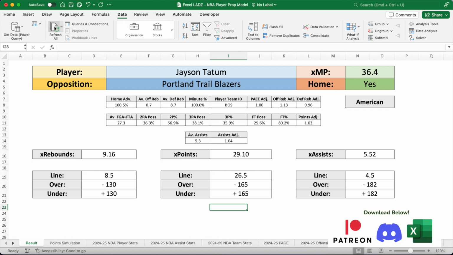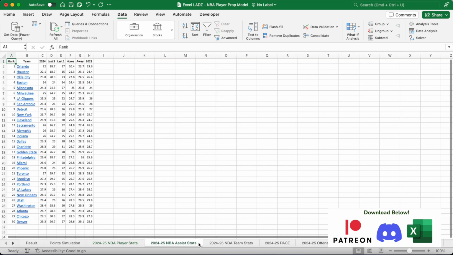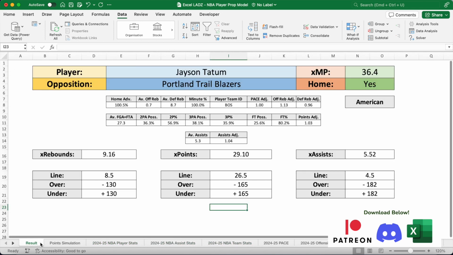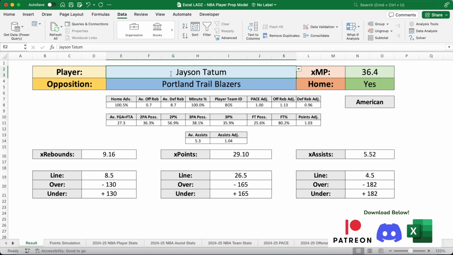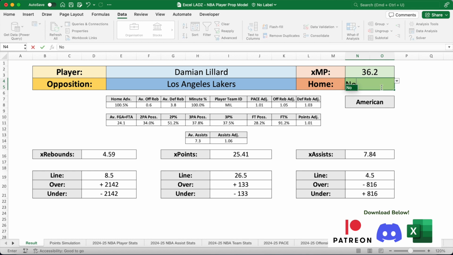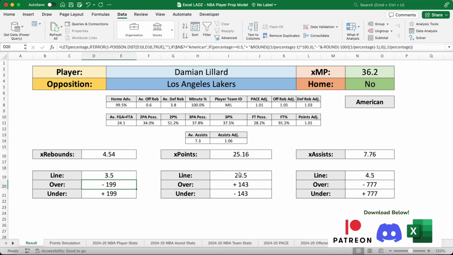So this model is all done now, lads. If you want to update the data in the Power Queries, go into the Data tab and select the Refresh All icon. This will update all the worksheets to bring in the newest stats into the model. I'll test it out one more time. If I want to change the player to, say, Damian Lillard, let's say he's facing the Lakers and the game is not at home. That is, they're playing away at the Lakers. His rebounds, points, and assists come up. Then you can change the line to see the equivalent odds, and if you trust the accuracy of this model,